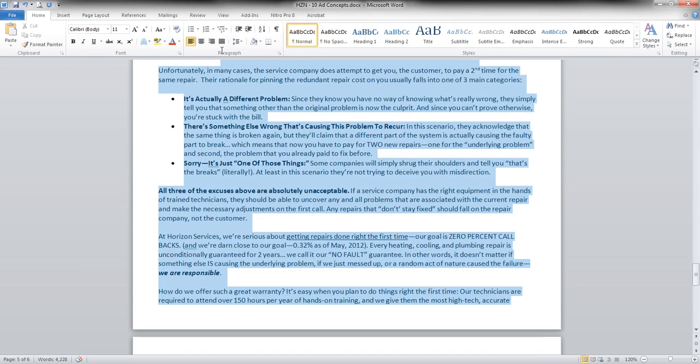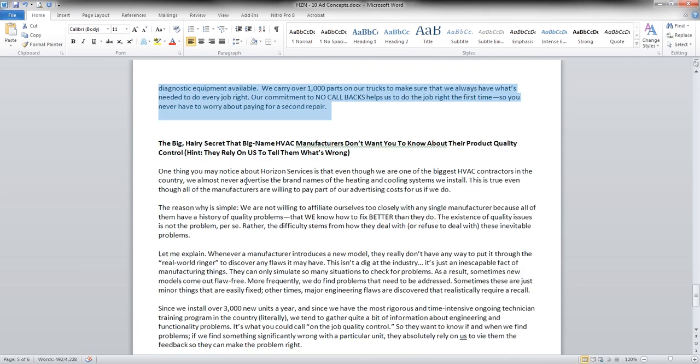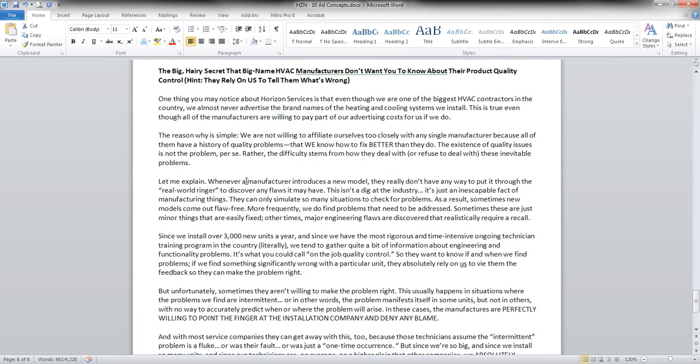It is 492 words, basically 500 words. The big hairy secret that big name HVAC manufacturers don't want you to know about their product quality control. Hint, they rely on us to tell them what's wrong. This article is